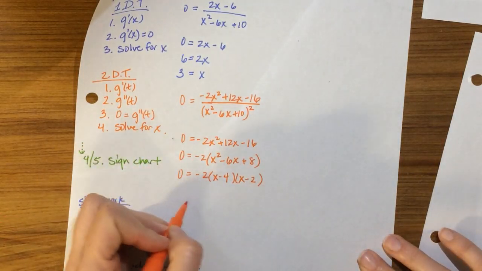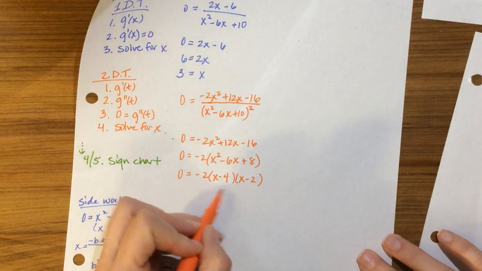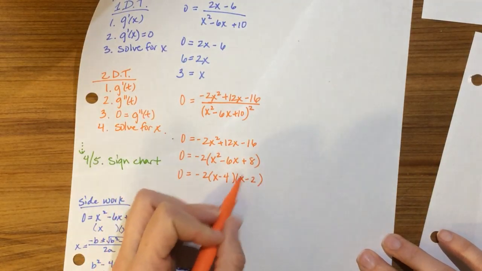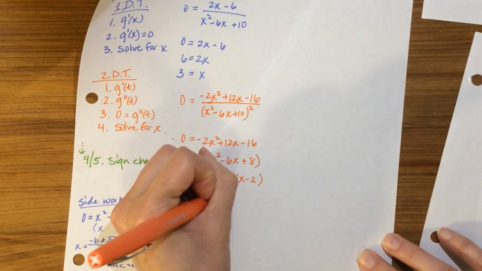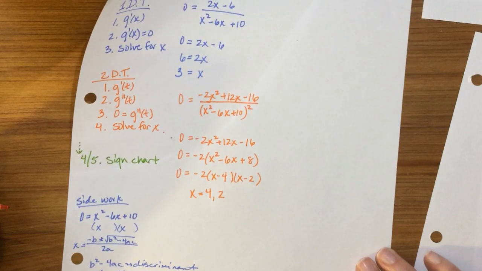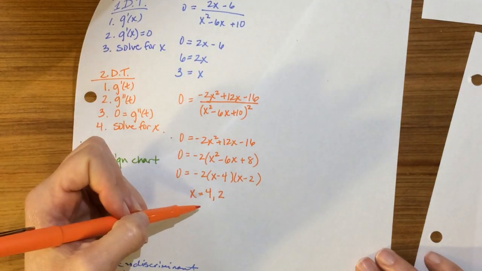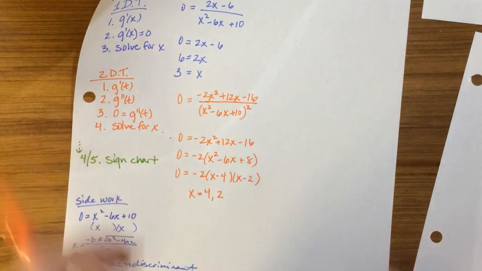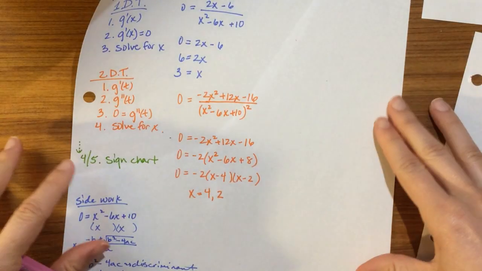So via the zero product principle, we set this equal to 0 and solve, set this equal to 0 and solve, and we get that x equals 4 and 2. Perfect. Okay, so here are our 3 critical values: 3, 4, and 2. So now I am going to